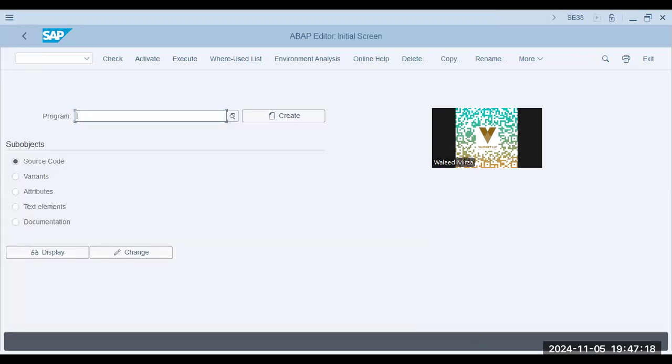SE38. I pulled the program. PT74 processing blocks. We don't remember and create